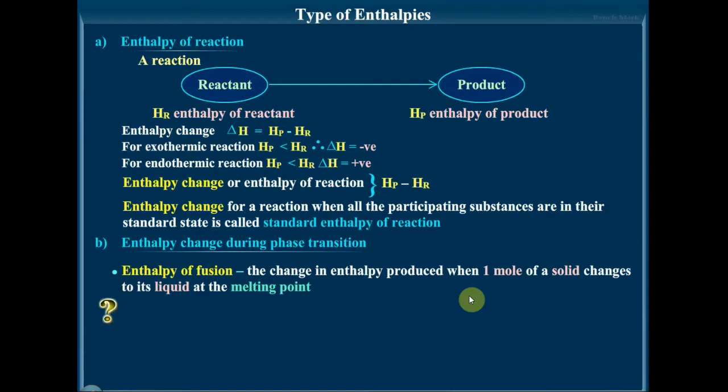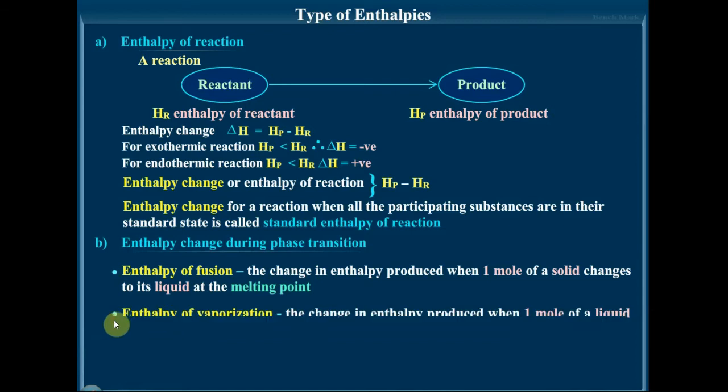And the value of this enthalpy gives an idea, as I told you earlier, about the magnitude of interparticle forces in solids. Ionic solids have very strong interparticle forces, so they will have high values of enthalpy, while the molecular solids have weak interparticle forces, and hence their enthalpy of fusion will be low.